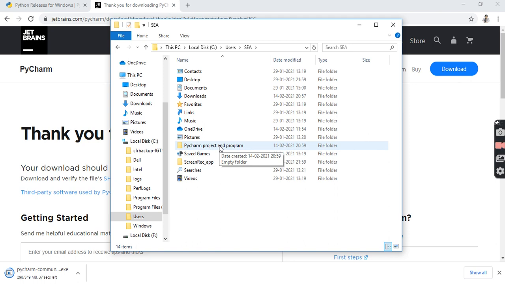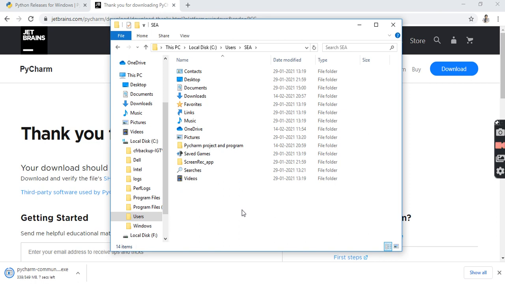Now if you want to use any library inside your PyCharm, what you need to do is install that library in that PyCharm itself. The procedure for doing that is you just open the terminal. You can even do it in command prompt. You can just open command prompt and install whatever libraries you want. And even in PyCharm you have one option, that is terminal, right? So in that terminal we can install whatever libraries we need.